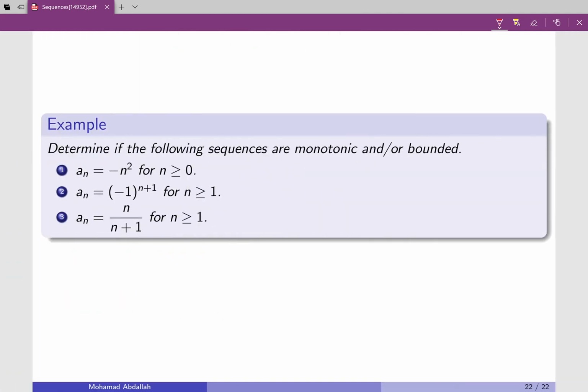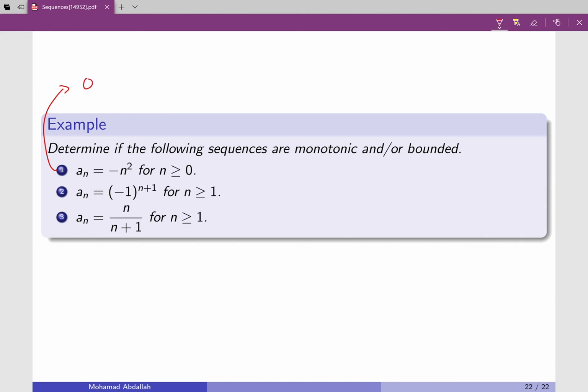Determine if the following sequences are monotonic and or bounded. Okay, so let's take a look at the first one. You can see that a_n is equal to negative n squared, n is greater or equal to 0. So maybe you would see it, but I would prefer to write some terms here. So for that one, my first term is going to be, actually this is starting at 0, so that would